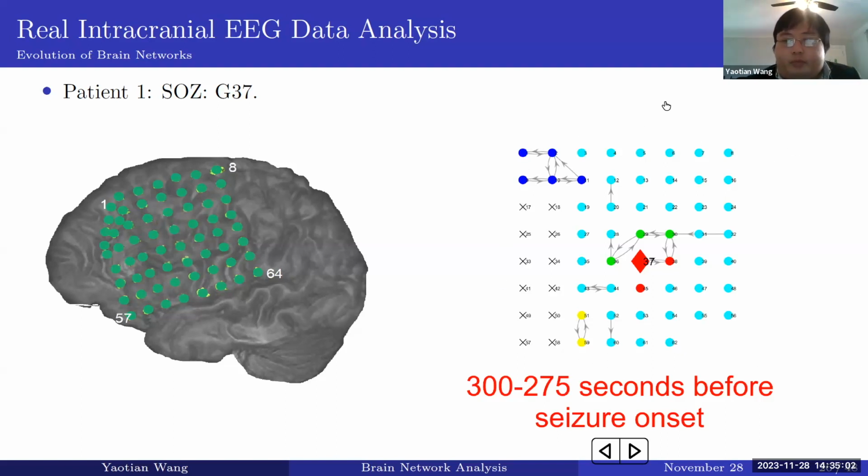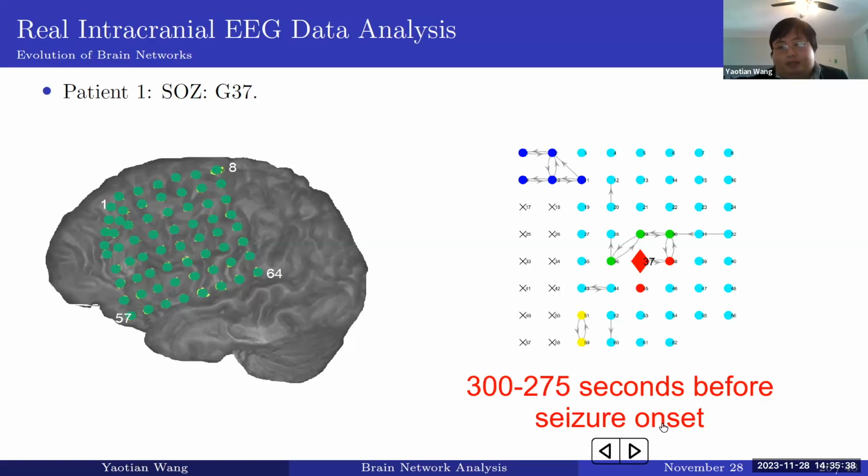Here I want to point out that when we estimated this brain network, we did not use the information about the seizure onset zone. In other words, we treated the seizure onset zone as unknown when we estimated the brain network. And regions in the same module as the seizure onset zone are in red. We believe these regions are affected the most by seizure onset zone activity. And later I will refer to this red module as the seizure onset zone module.